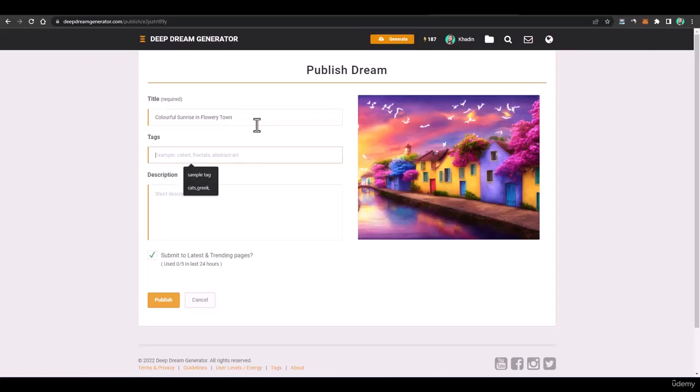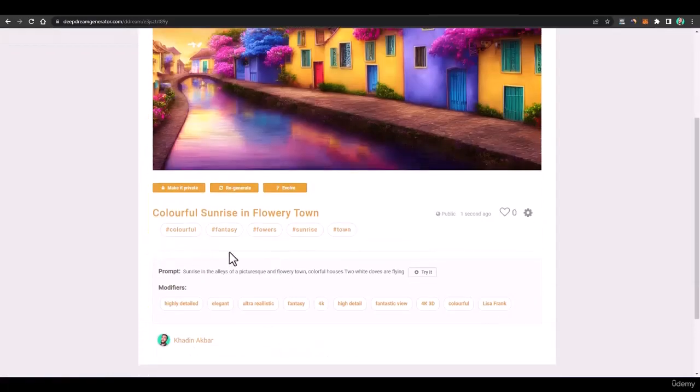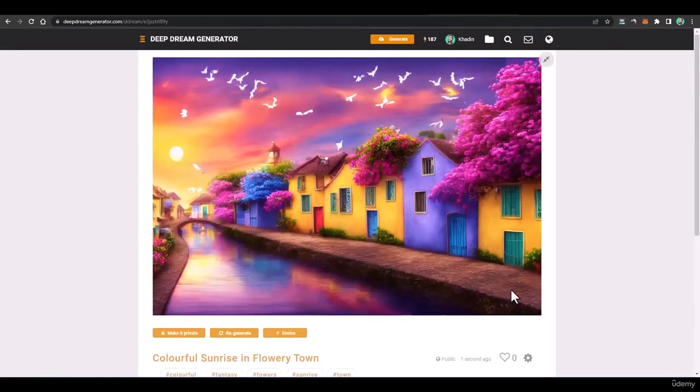And here I can just add some tags like sunrise, colorful, town, flowers, fantasy. Okay, here you can add a description of your art, and then you can just publish it. And here you go, your art has been published, and now you can evolve it as well.